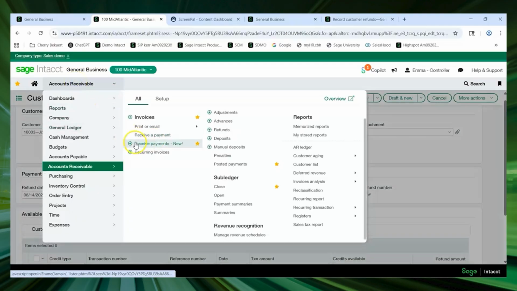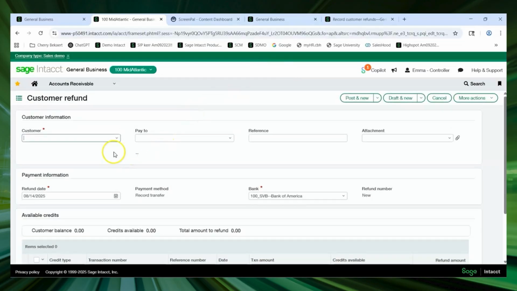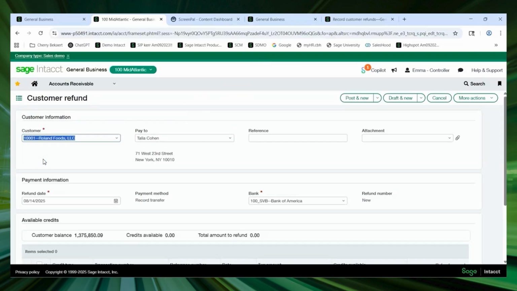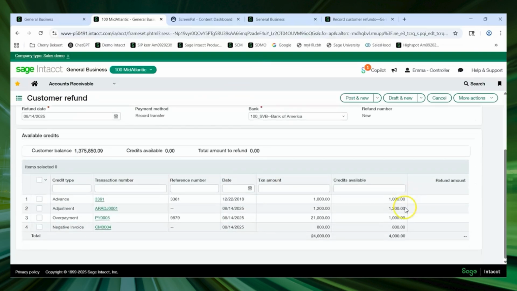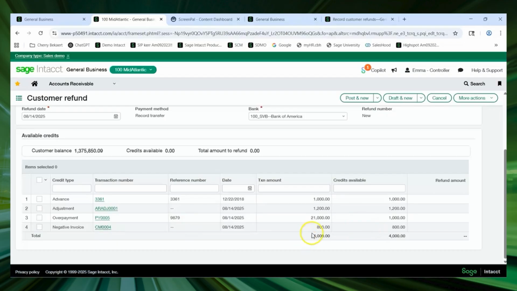And now let's take a look at what that could be. So again, if I go in and click on Plus Refund, but in this case, I'm going to choose a customer that I've set up for this video. The customer name is Roland Foods. And I've gone through several places where the amounts to be refunded could come from. The very first one really was what's called a negative invoice. It's the credit memo that came from the sales entry. So a credit memo was added for the amount of $800, and so now that made that available to be